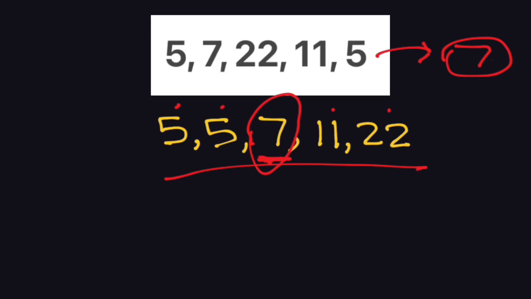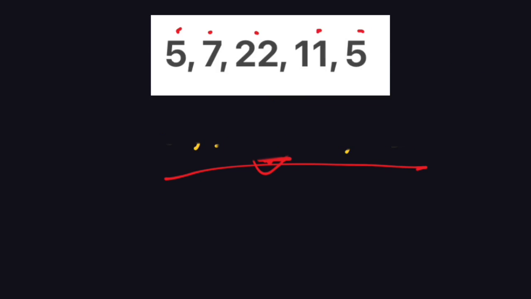Now, in this case, we got lucky because the number of numbers in our data set is odd. We have 5 numbers. It's an odd number, so we have a number like 7 that's exactly in the middle of our new list of numbers. 7 has an equal number of numbers on its left and right side. However, if we had an even number of numbers, like let's say I added the number 6 to our data set, we do the same thing to find the median. We'd set these numbers in order from least to greatest,